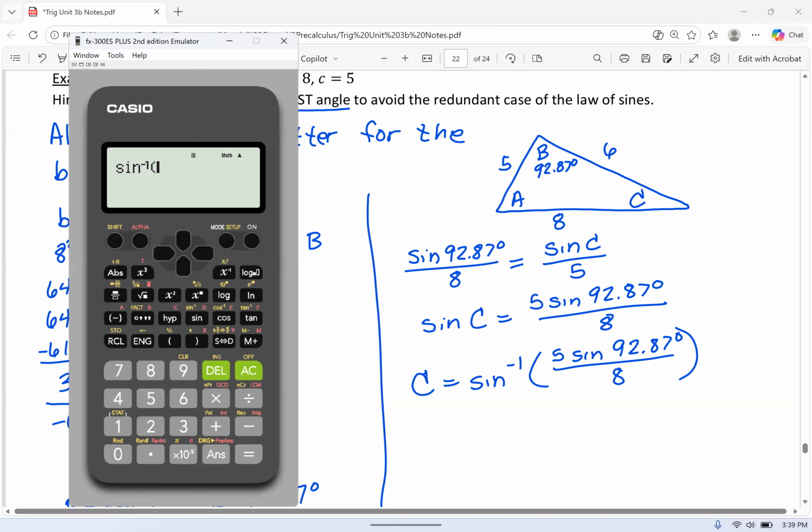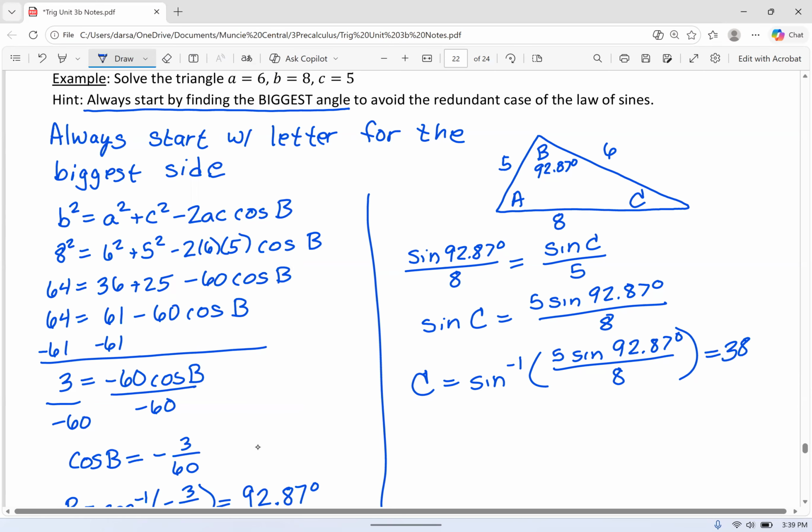We're back to the law of sines. So 5 sine 92.87. Don't forget to close that parentheses. Over 8, close that parentheses, and we get 38.62. And then the last one, of course, is the easiest angle because they must add up to 180 degrees. So we take off that 38.62 that we just found, and we take off the 92.87 that we found, and we end up with our final answer,